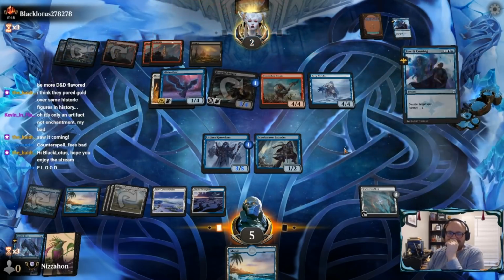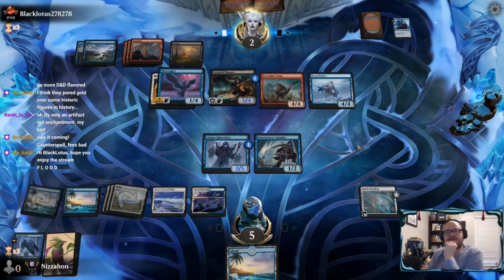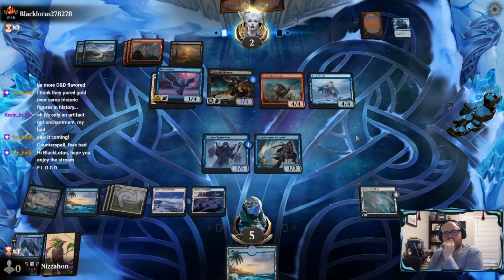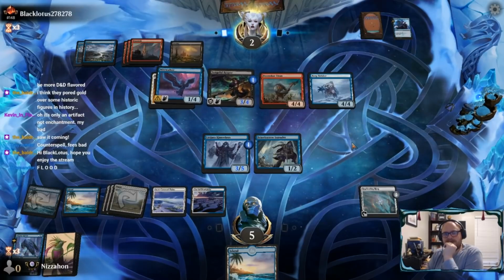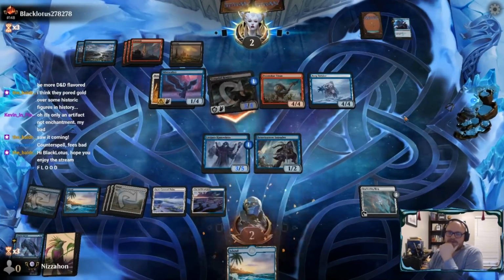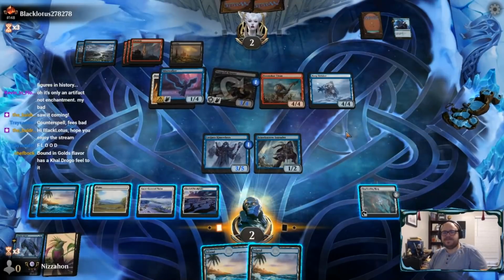Wow. Oh, man. We've had to deal with 3 Saw It Comings. That's rough. So I think we're dead now. Not completely, depending on how they attack. There's a couple outs. Alrund's Epiphany, of course, would be one. But that's not one, so...